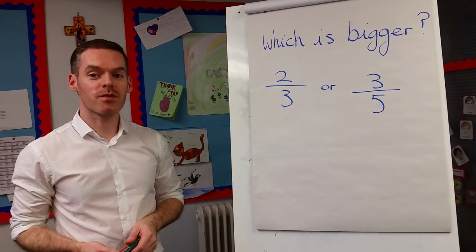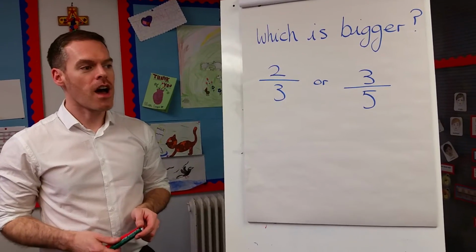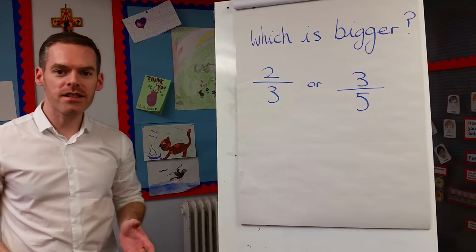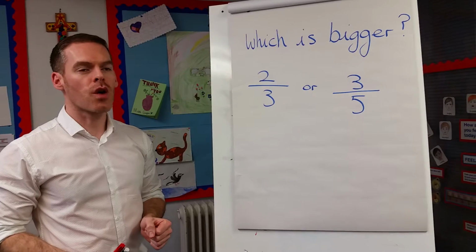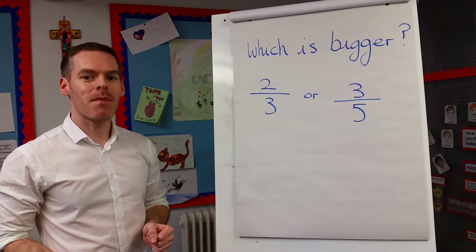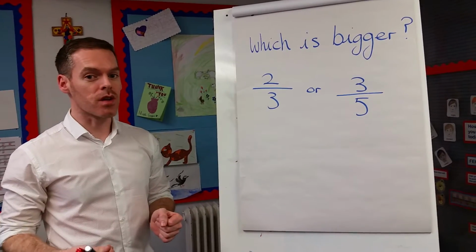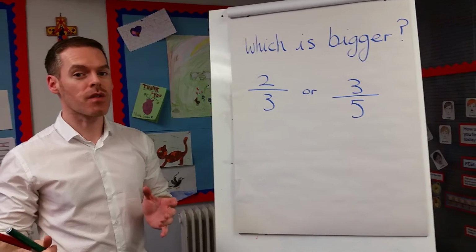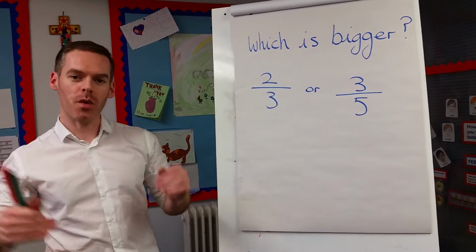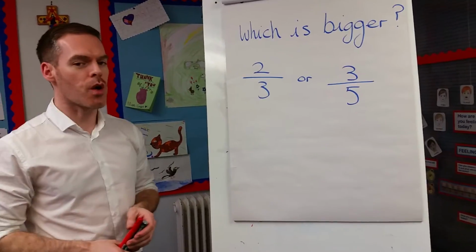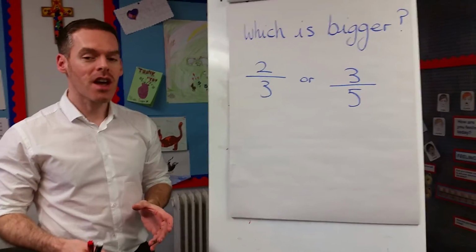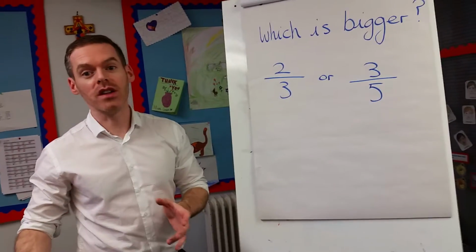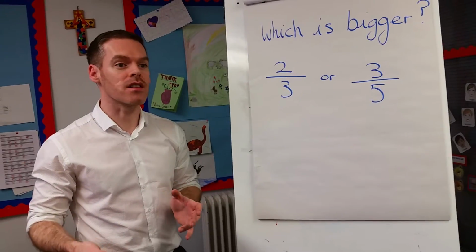Hello. Right, we've been looking at fractions in class and understanding what a fraction is, and today and yesterday we've been looking at equivalent fractions. So fractions that may have different denominators but are still the same size, and we've compared those, and we know that whatever we do to our numerator we must also do to our denominator. But now we're going to start comparing fractions and ordering fractions that aren't equivalent, fractions that are different sizes, from